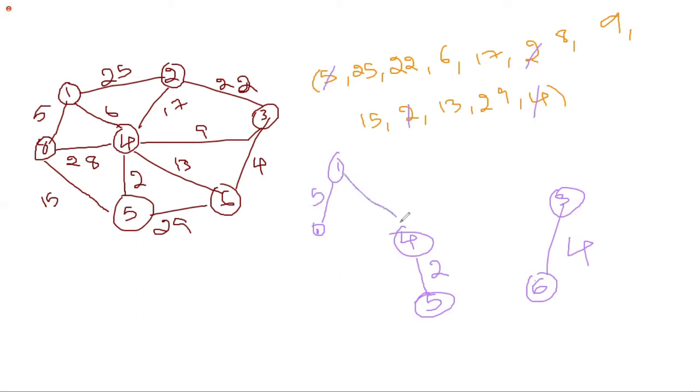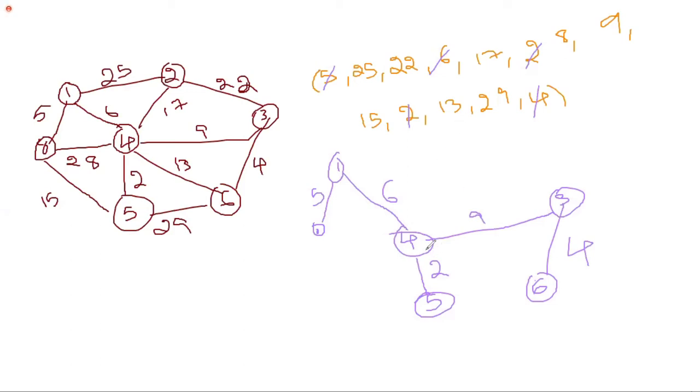1 to 4 is the edge. Next 6. Okay, next minimum one. 8. We have completed. Next is 8, right? Where is that 8? See, it is 28 now. It is not simple 8, it is 28. So don't consider. It is 9. So 4 to 3. This is 9.